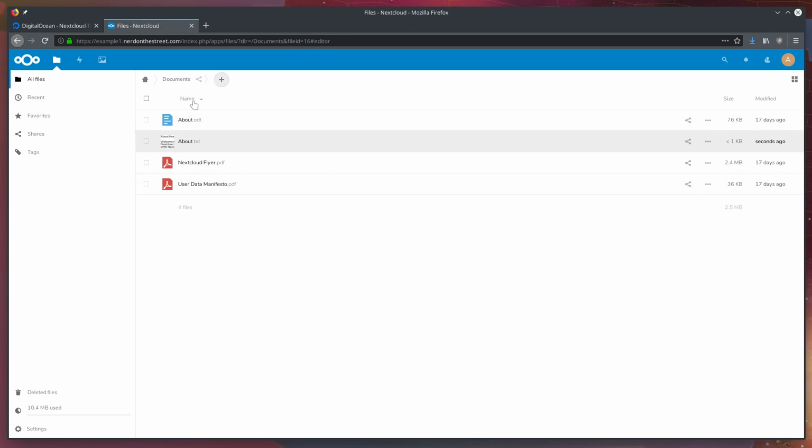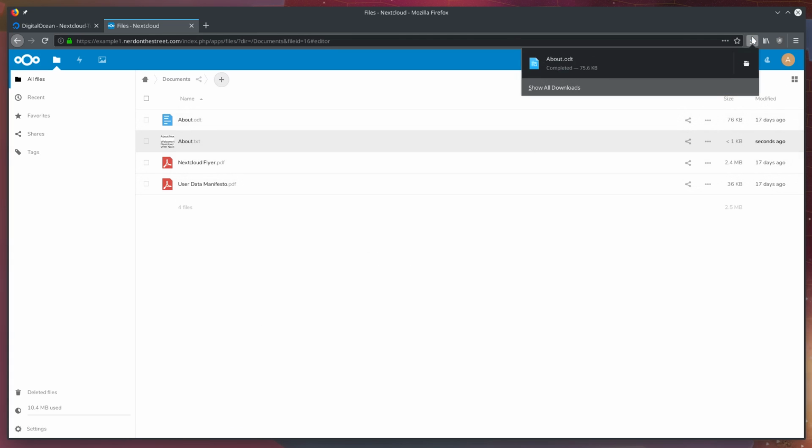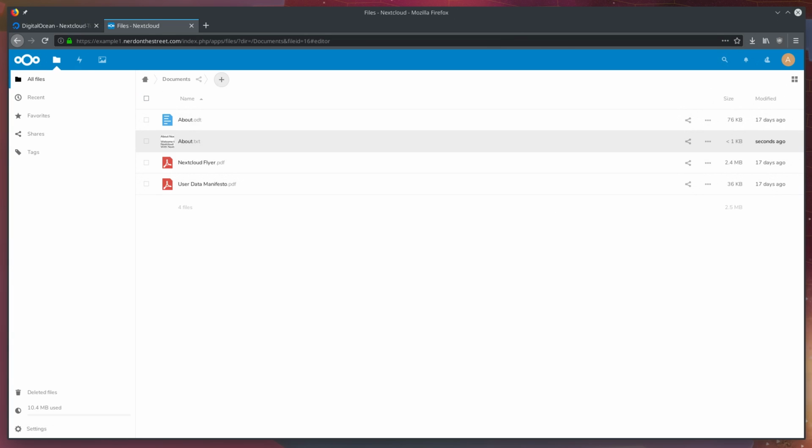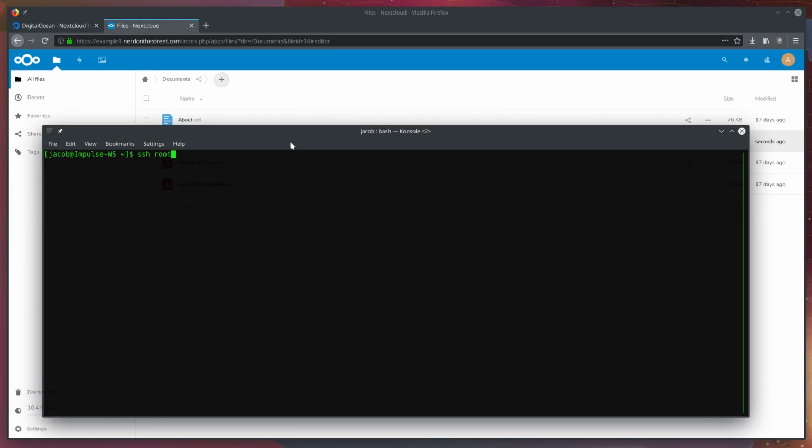But what if you want full-featured documents in LibreOffice with formatting? You've got your bold, italics, underline, strikethrough, you've got fonts, font sizes, justifications, alignments, all that stuff, spacing. We want an actual document editor in our web browser so that we can access things from anywhere and edit them from anywhere. So how can we do that? Well, like I said, I'm going to SSH into the IP address here,